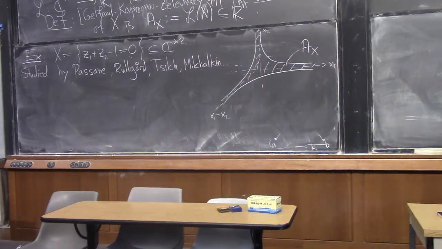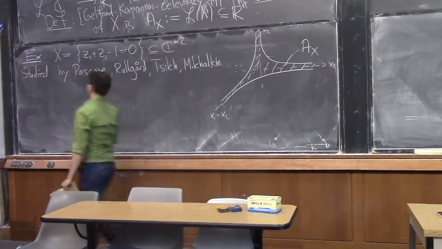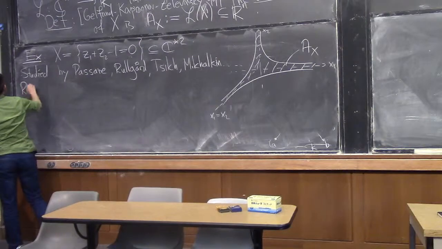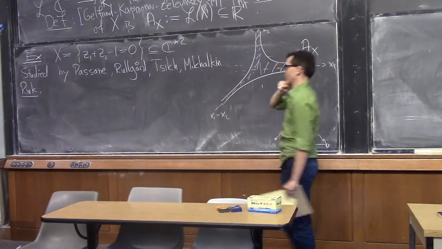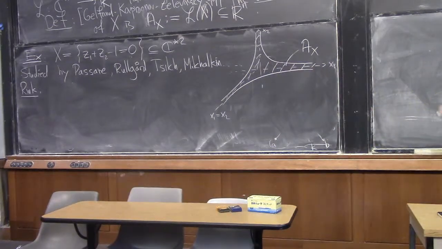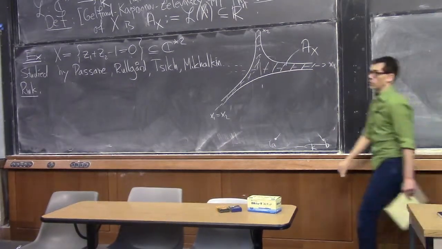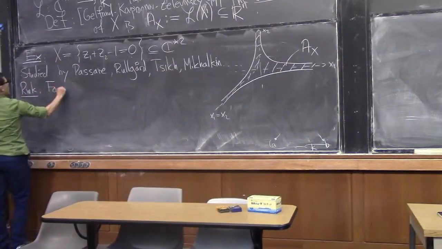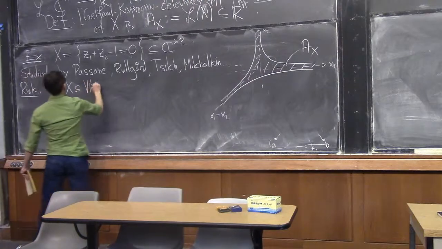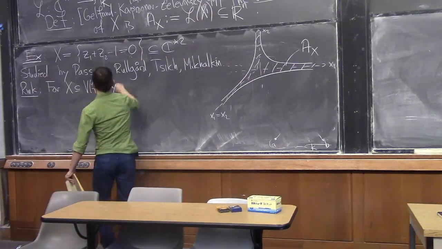Why are people interested in it? Well, it seems like a natural object from one point of view. So let me state one result about them, which is not something I will directly use, but nevertheless. Here's a remark. Just like algebraic varieties, it's sometimes a little easier to study hypersurfaces than general subvarieties. So it's true here as well. So for X inside V of f, say a hypersurface,